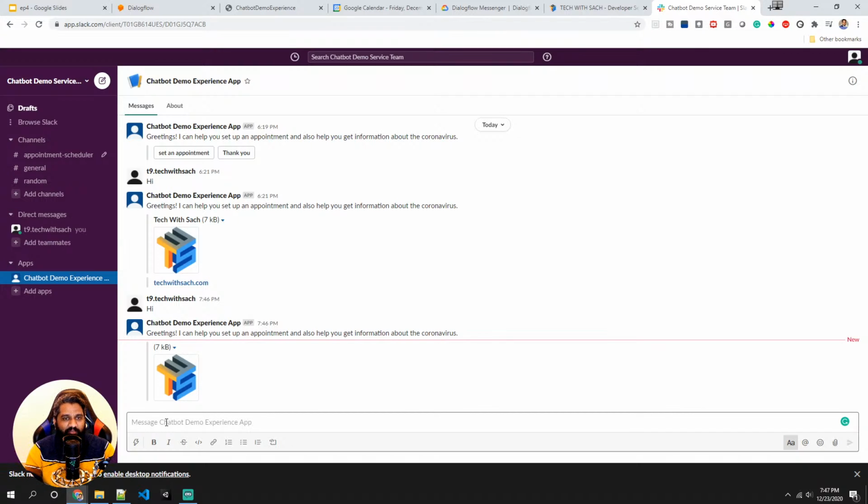So you can see how cool this is. Even though you have different platforms, Dialogflow is an excellent tool where you can directly integrate all of these rich elements and components so that your user has a much more immersive experience, right? So the next one that we are looking at is